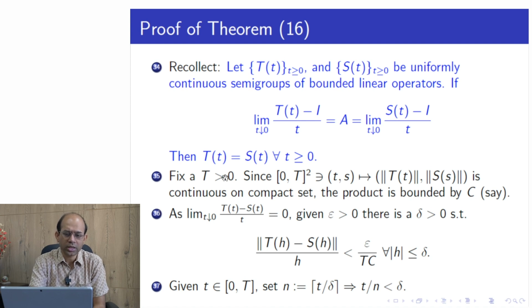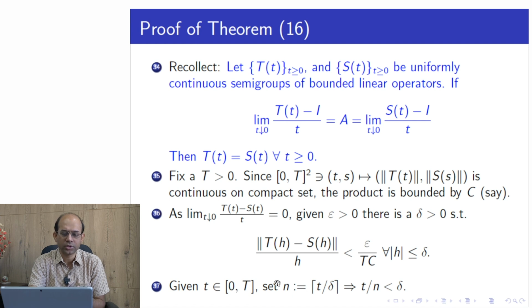So we take any t, for every t, correct? So we take any t between 0 to capital T. Remember that we are not taking all positive real time, we are taking only a finite time horizon, 0 to capital T, in that horizon only. So we take a small t in 0 to capital T.